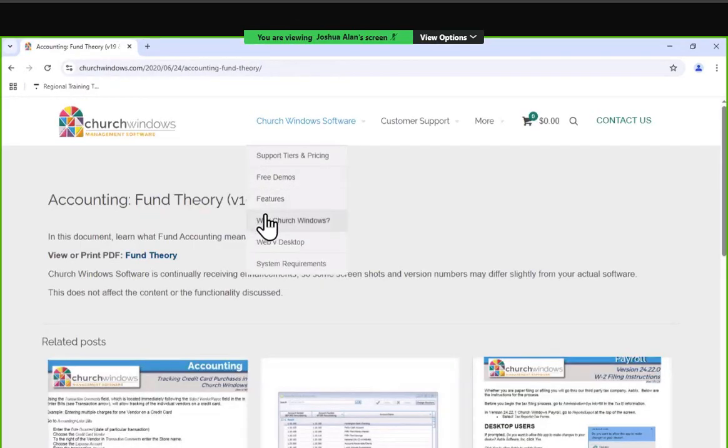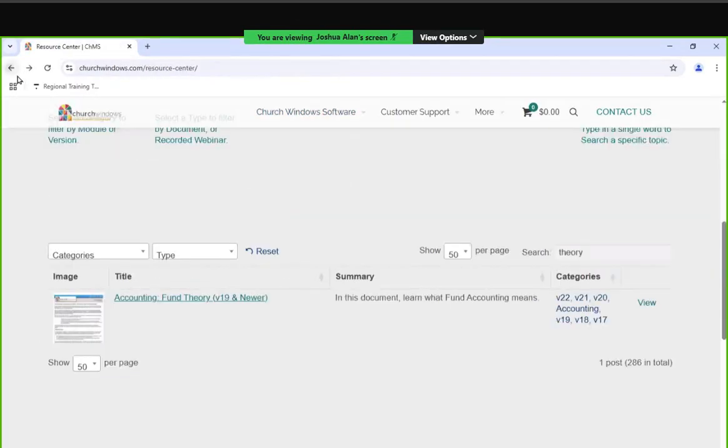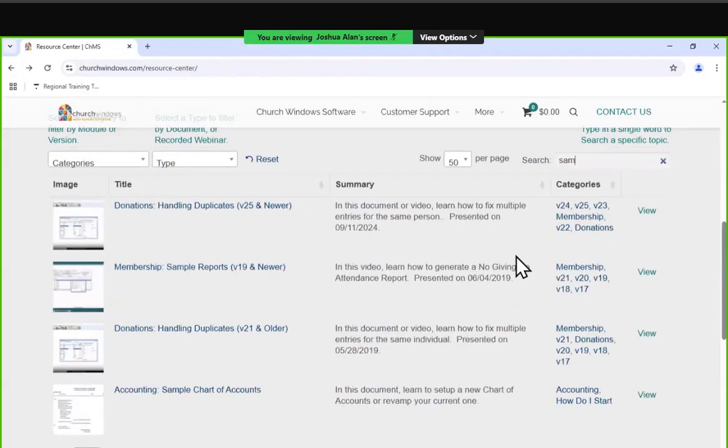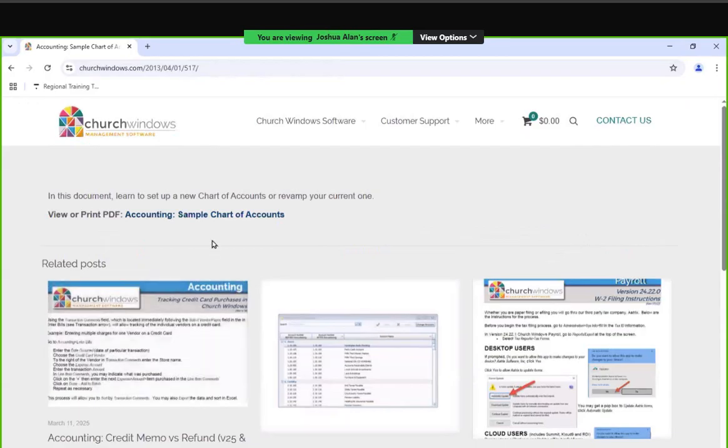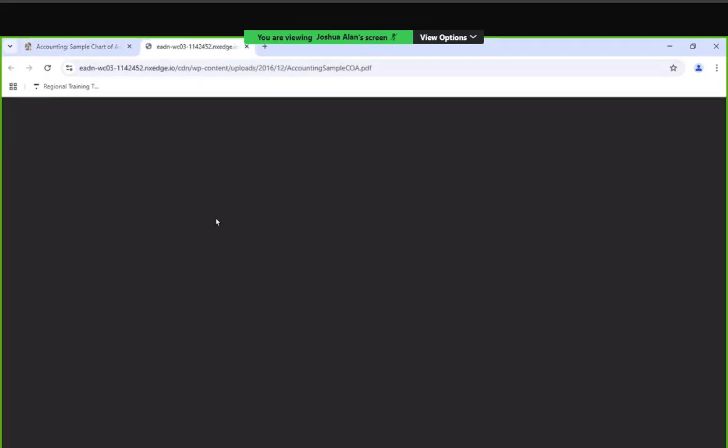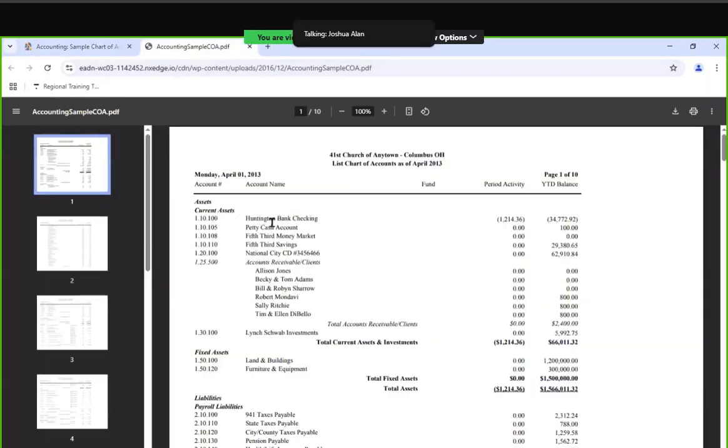Also, out on our website under the Resource Center page, I'm going to search because I want folks to see that there is a sample. By entering the keyword "sample" here, "accounting sample chart of accounts" appears here to the left. When we click on this PDF document and open that, it now also reveals